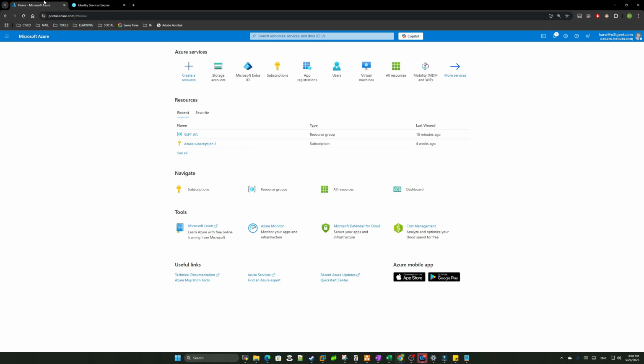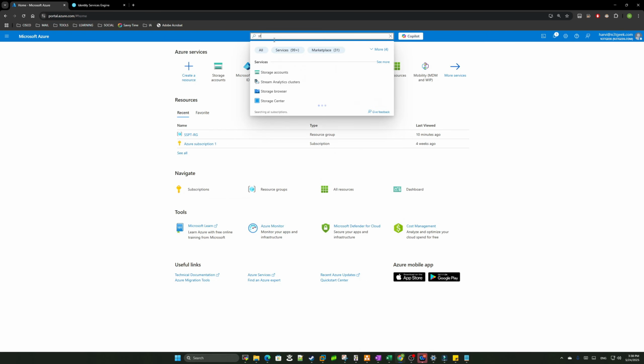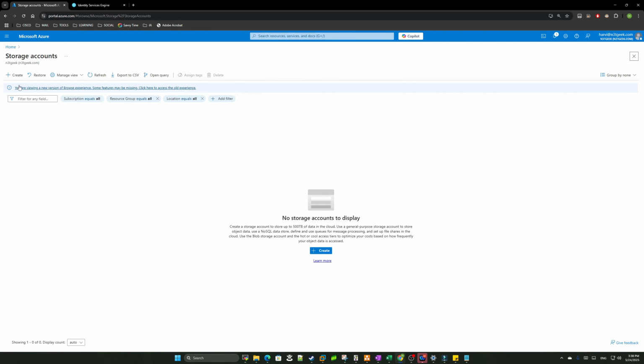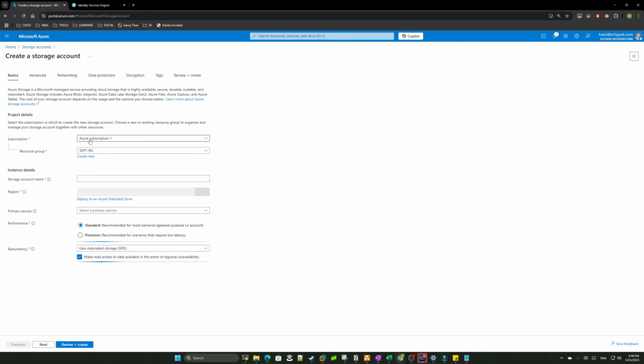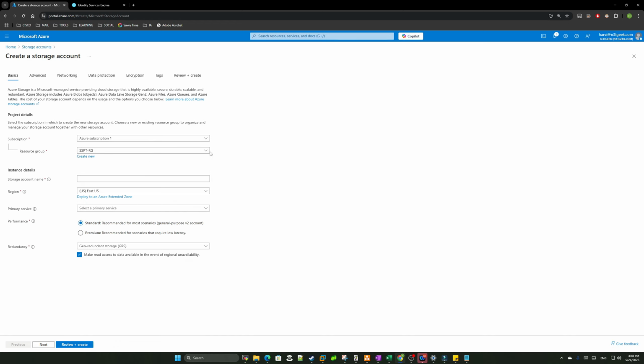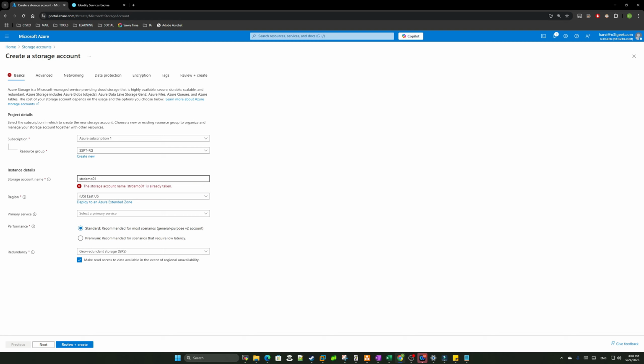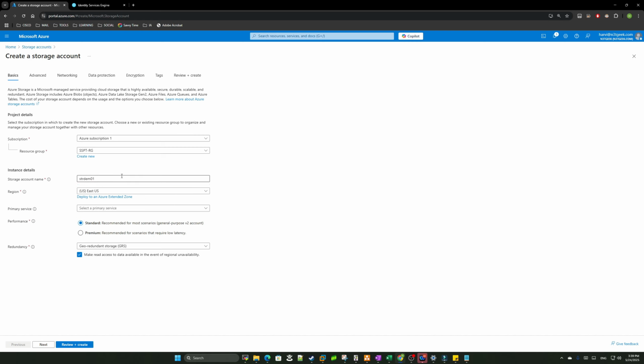Okay, let's open Azure and search for a storage account. Here we need to create a new one. I will use my subscription. For the resource group, you can create a new one if you don't have one. The storage account name has to be unique, so make sure to use one that you have not used before. I'll use this one. Okay, this is taken. Okay, perfect. For the primary service, I will use Azure Blob Storage,